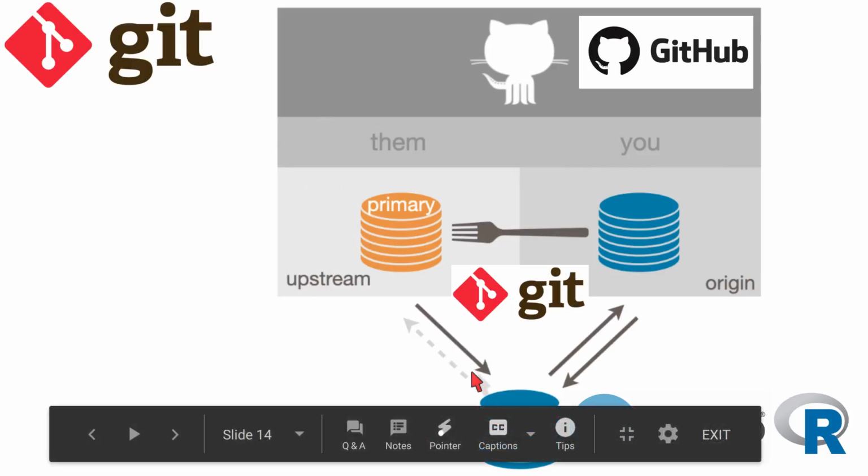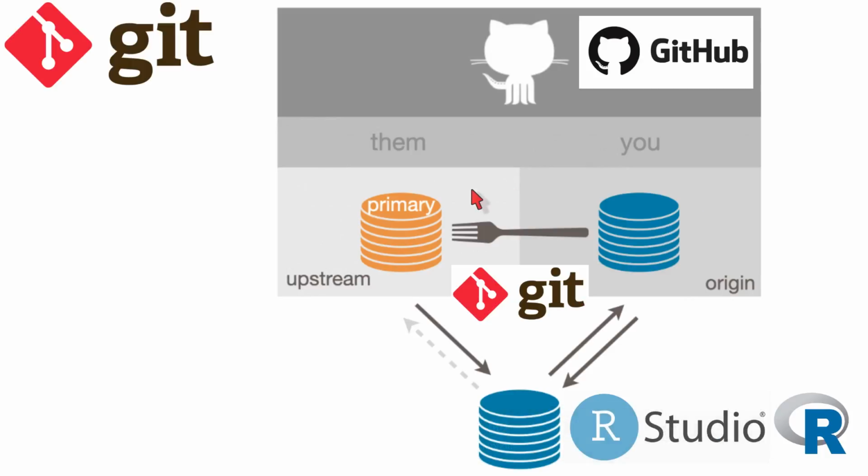You pull changes from upstream into your local repository. You are in sync. You have every change that anyone else might have sent to that source of truth, to that repository. You do your work, and when you're ready, you push your work to GitHub, and then you submit what's called a pull request, which is the vehicle that moves changes from your local repository to first your fork, and then as a proposition to the source of truth.